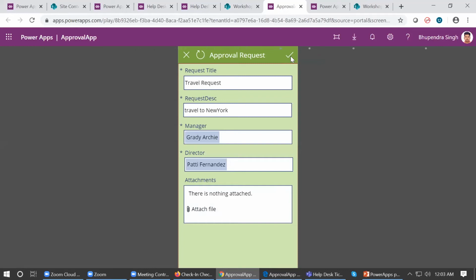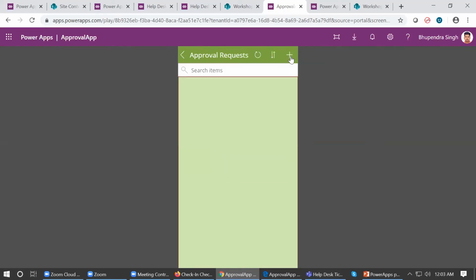I would also like to tell you that we have also created a few flows for sending the email notifications. So in this particular application, at different stages we send a few email notifications, and similarly using Power Automate we can have different actions on different triggers. So that I will also showcase to you.